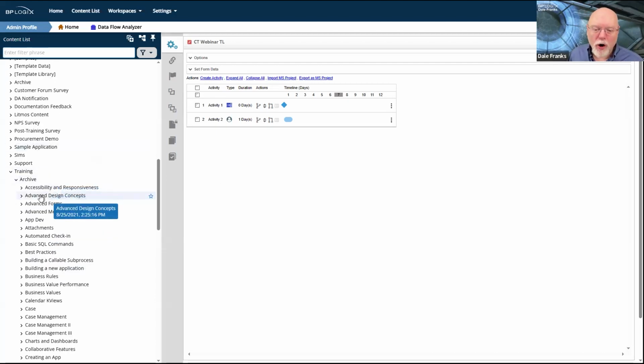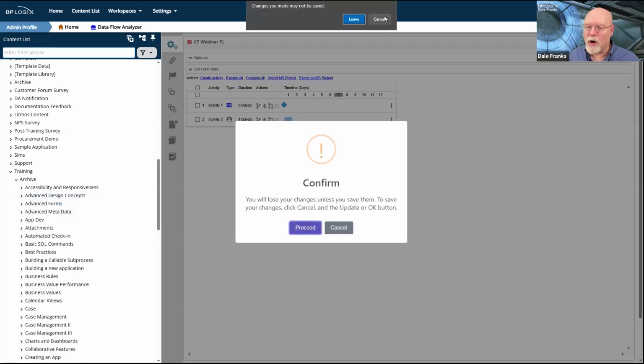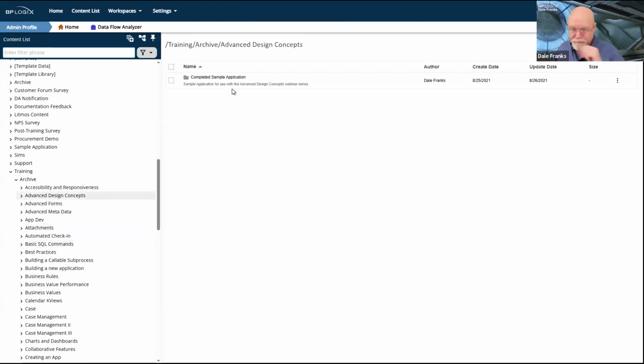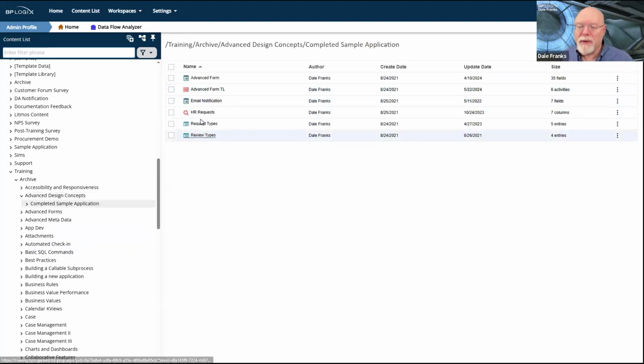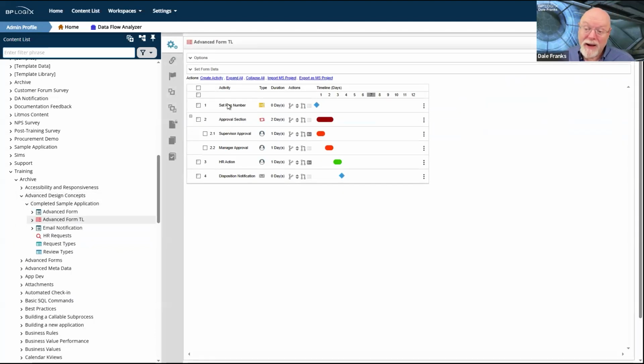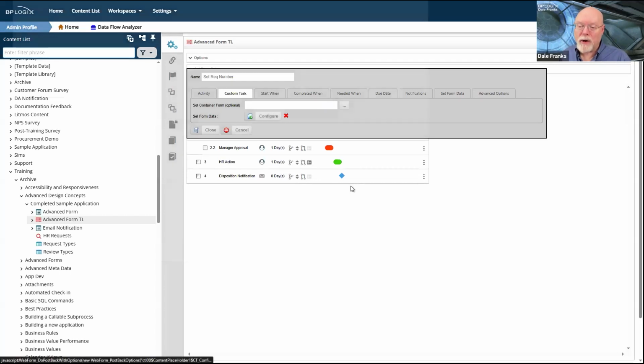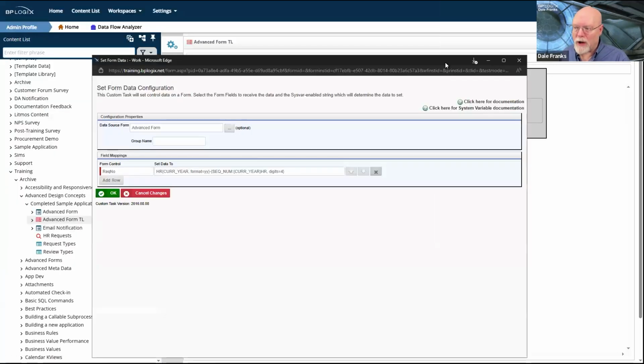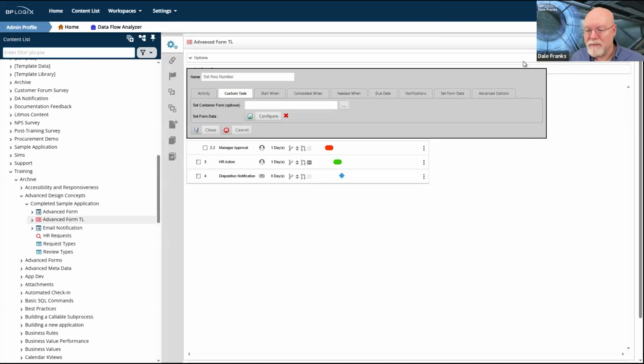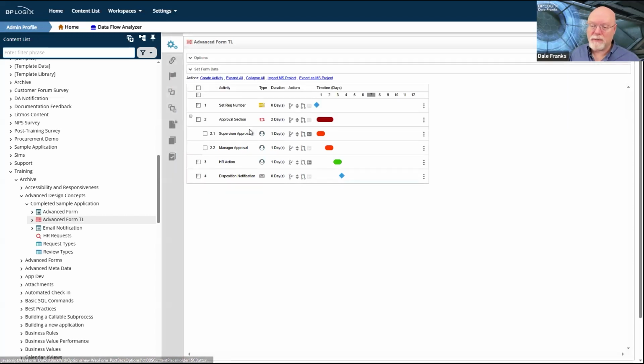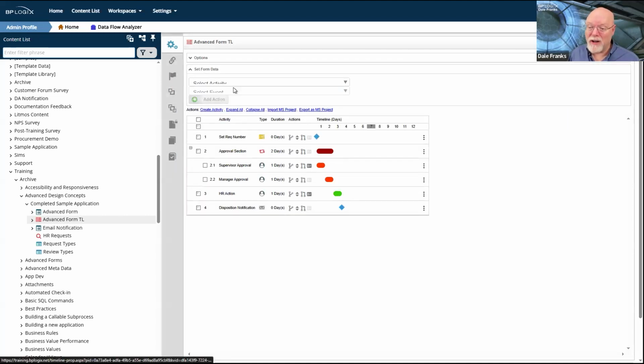Now, as I said earlier, the set form data generally runs out of the form, but not always. The one instance where I always use it, and this is a personal preference, so I'm not telling you what to do. I'm not your supervisor, but I have it set generally as the very first activity in the process timeline, where it sets the request number that I am going to use as my unique request number for every form submission. It sets it right here in the custom task. Technically, I don't have to use the custom task for this.